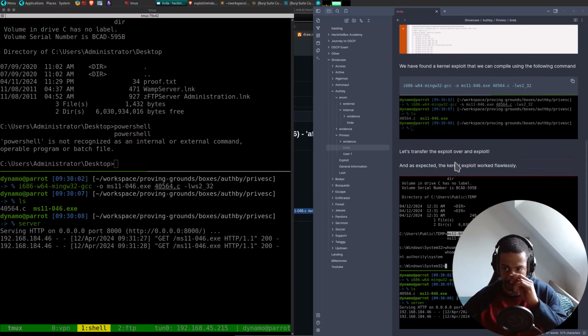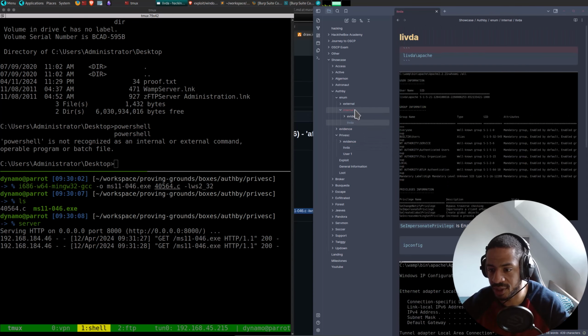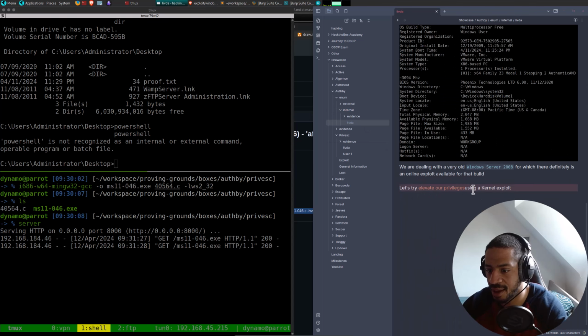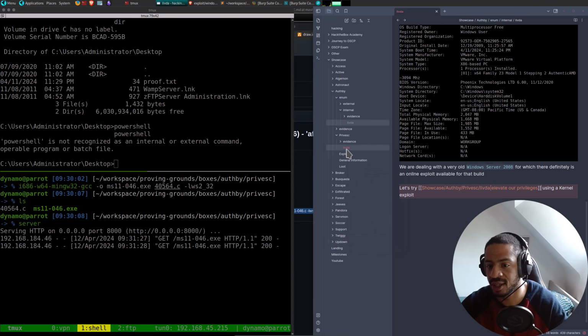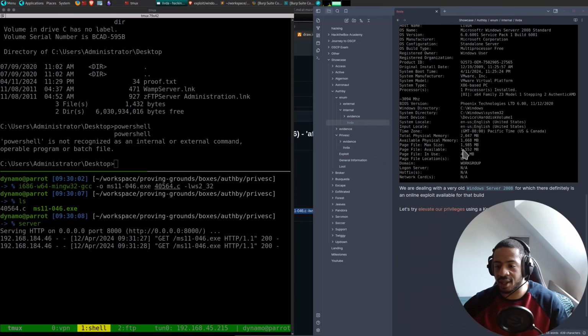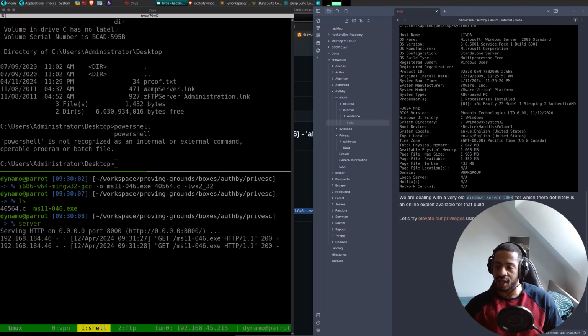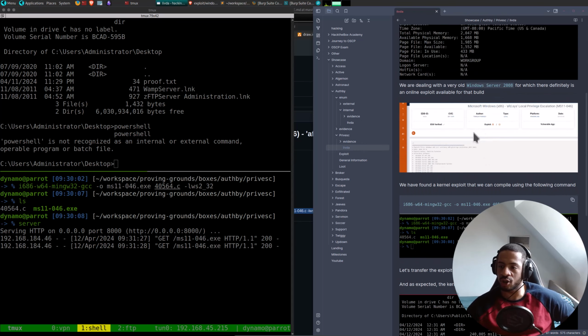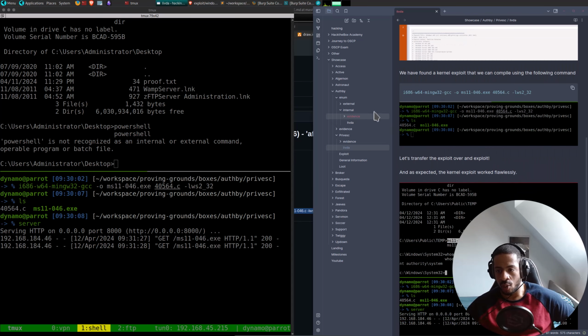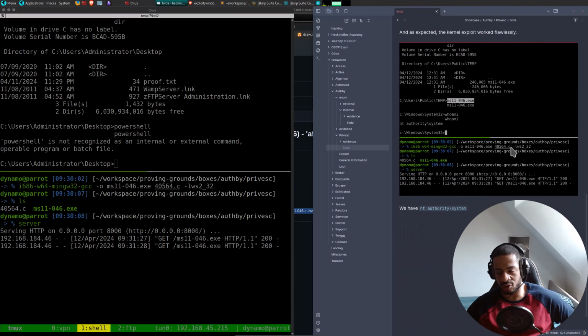Oh. Let me just quickly fix that. First of all here, and then not for user 1, but for Livda. Oh, okay. I just found something else. I have to correct that. Yeah, so we were able to find that the build was extremely old and then go to exploit this using a kernel exploit that was just available online. We compiled it and transferred it to the box and exploited it and got root.